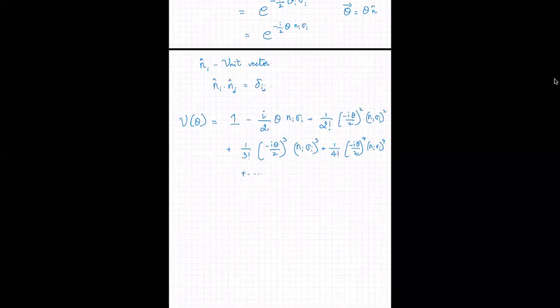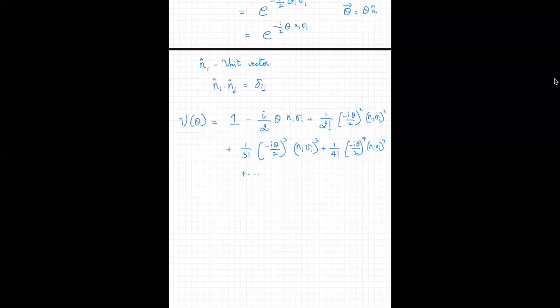True, whatever I do, finally I should get some function of n_i because it should specify a rotation around some direction n_i. But it turns out that this product of n_i sigma_i can actually be evaluated. How? Because this can be written as n_i sigma_i times n_j sigma_j. Now n is a unit vector, so n_i n_j is some symmetric combination of i and j. So I can write this as n_i n_j,